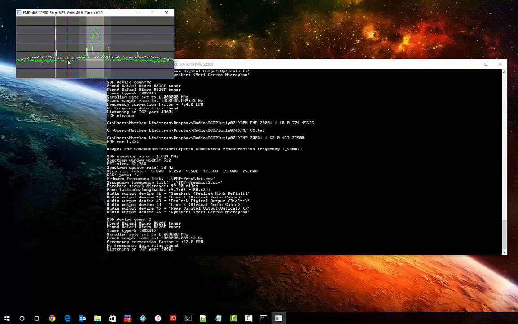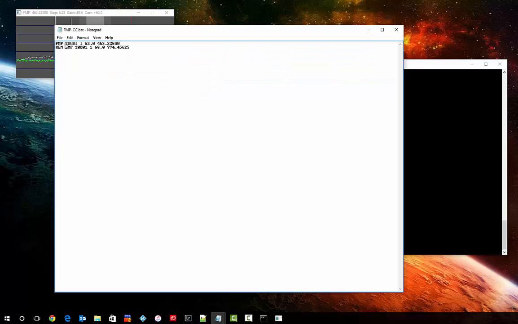And then this green line is actually a zoomed in version of it. So like when we turned on the zoom FFT on SDR Sharp, that's exactly what's going on here. And I can see the center of the green spike here is pretty much right dab in the middle of our bandwidth indicators here. So one of the other things to note here is in the control channel file